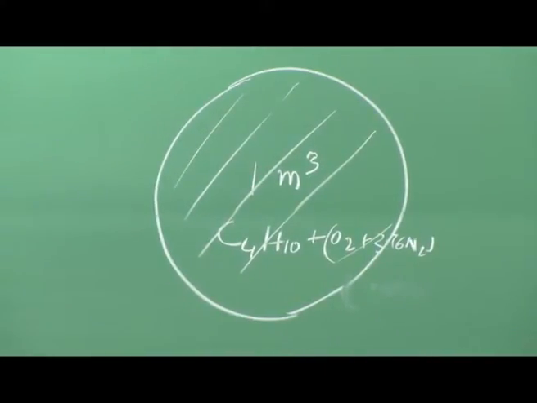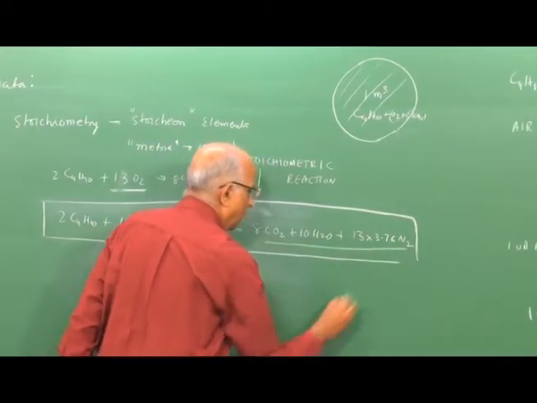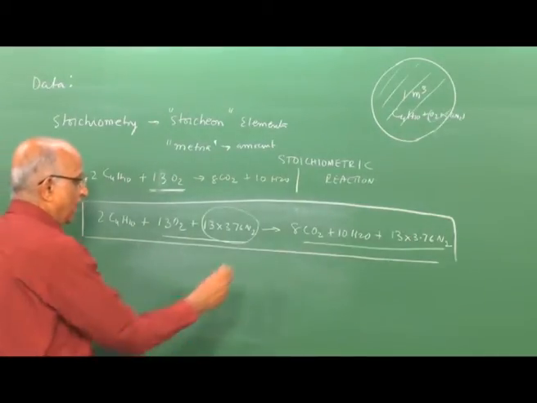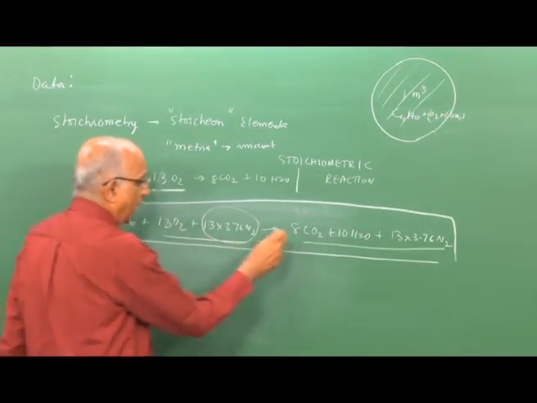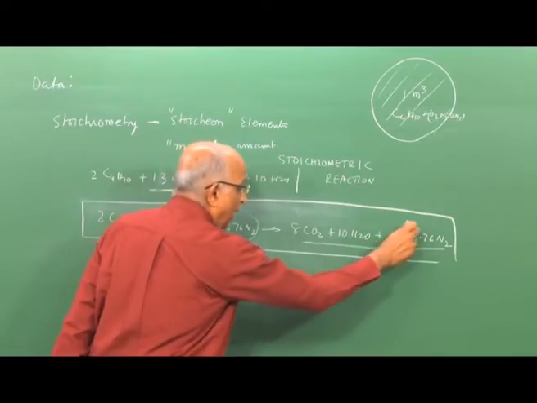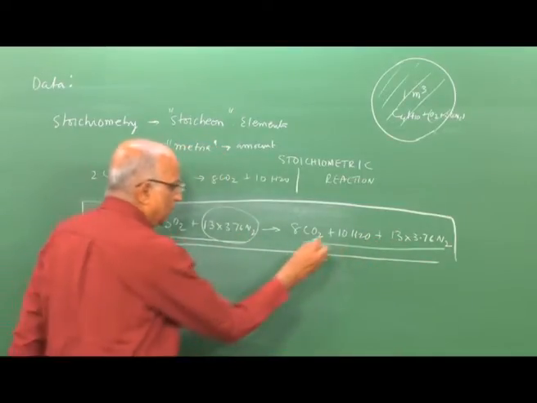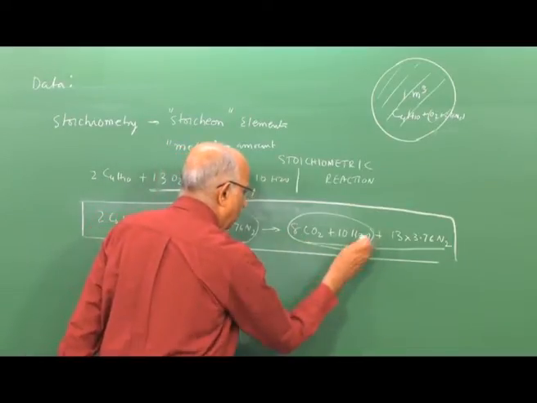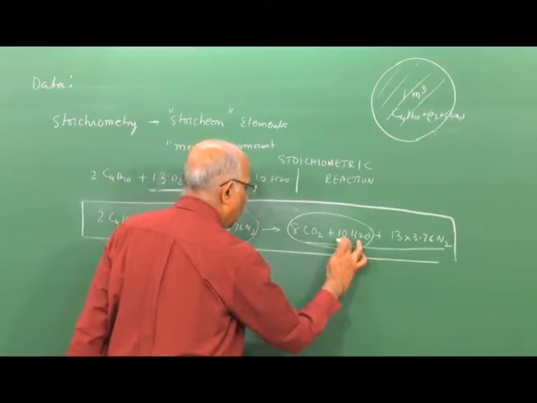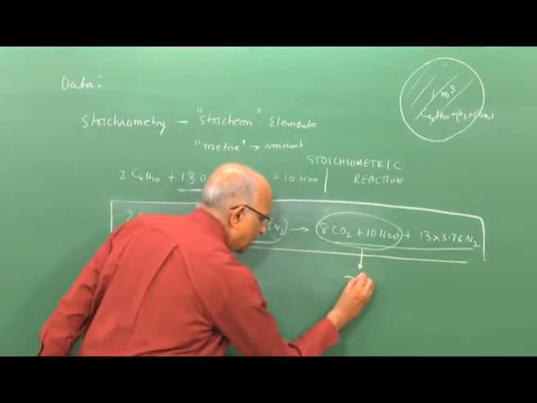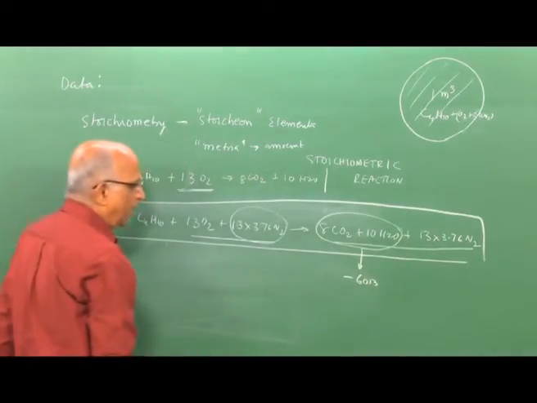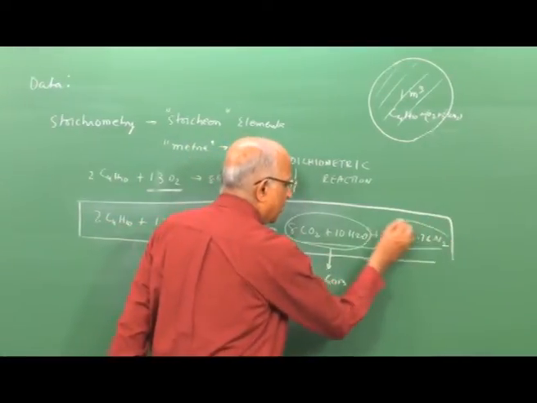To be able to do the problem, again I do the same process. I want to find out the heat of formation of the products. Well, originally when I did the problem with oxygen, I had 8 carbon dioxide, 10 water, and now I introduce this. Therefore, these two terms remain the same as earlier, and the value I got for 8 CO2 plus 10 H2O, the heat of formation, was minus 6013. Let us write it out over here, minus 6013. And what is the heat of formation of nitrogen at the standard condition?